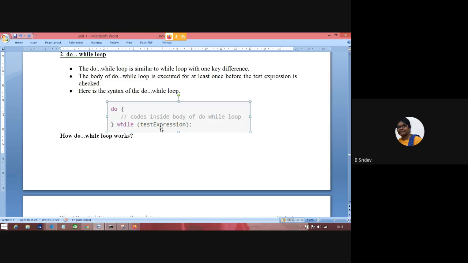Suppose the expression comes false the very first time. A while loop will not go inside at all. In a do while, even if it is false the first time, the body executes, then it sees false and stops. That means at least once this loop will execute. Understood what I said? If the test expression is false for the first time, then also it will execute the body once. So that is the main difference between while and do while. This is an important interview question. What's the key difference between while and do while?